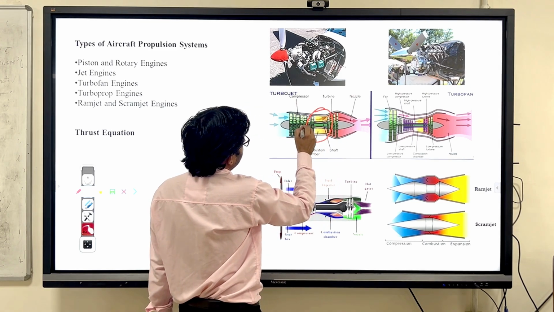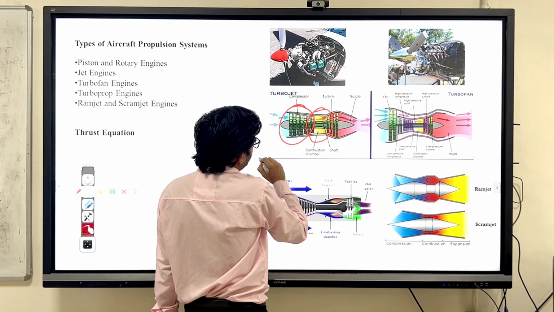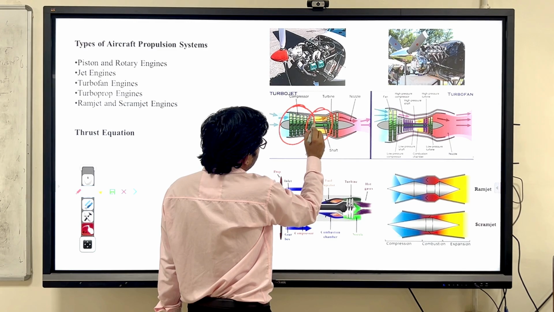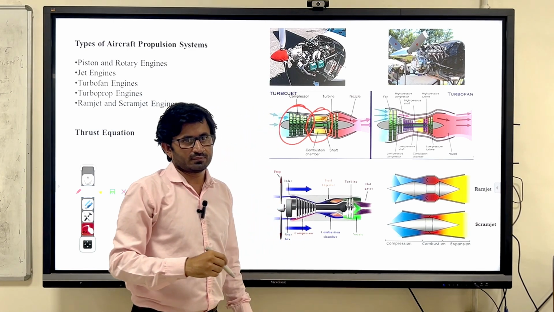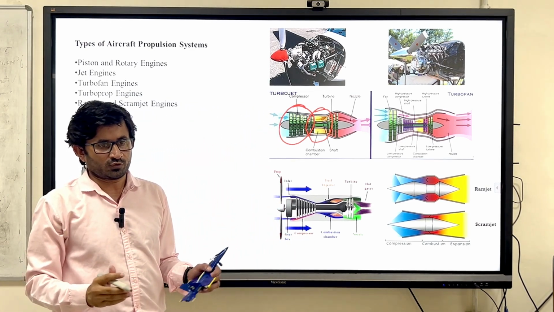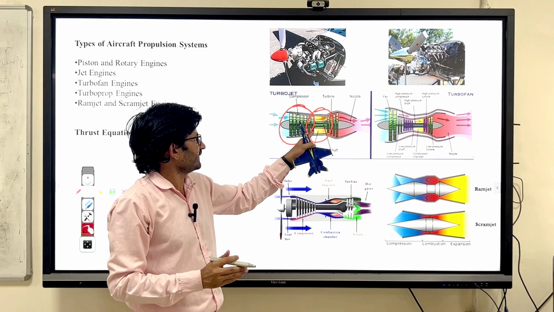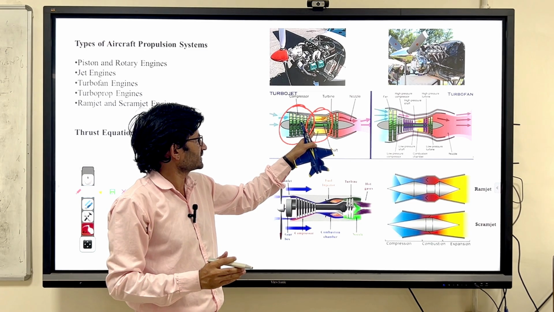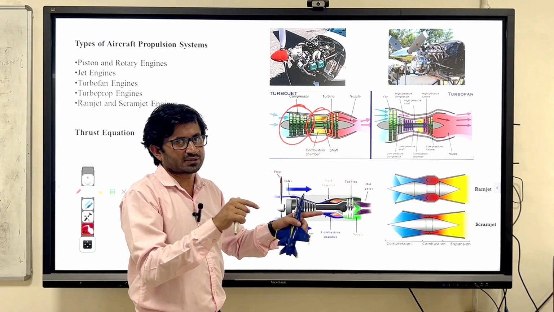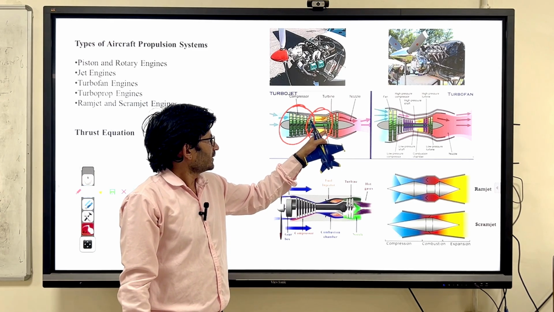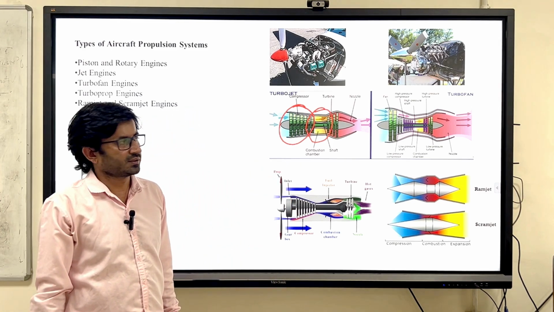As I said, this compressor is used to attain a certain pressure ratio, and it will deliver this air to the combustion chamber, because you cannot directly have a combustion. You have to compress the air. Okay, then after a certain pressure ratio, for example 7, 8, 9, you have to deliver the air to the combustion chamber. Then only you will inject the fuel, and then the combustion takes place, and then through the turbine, you will exhaust through the nozzle. Okay,